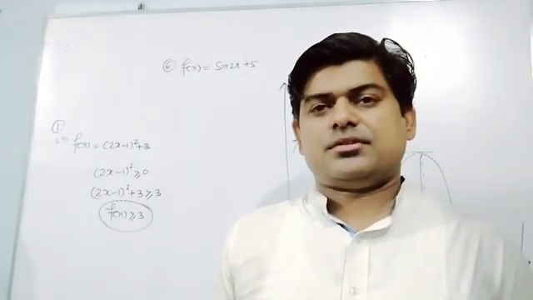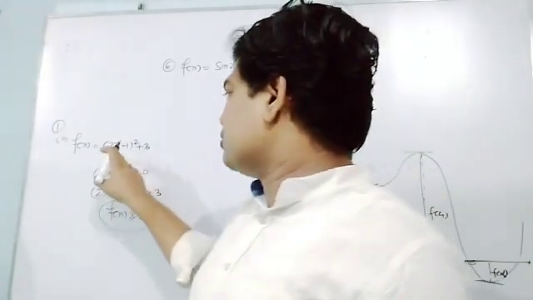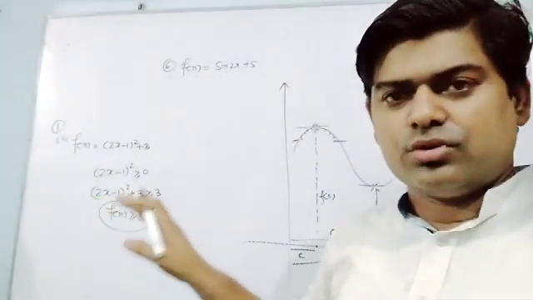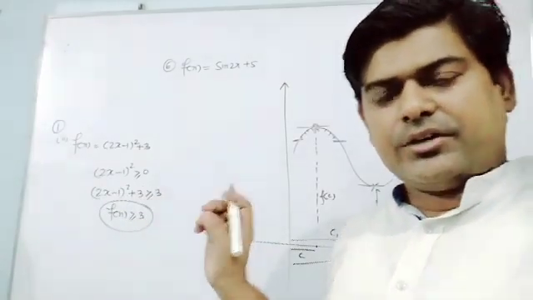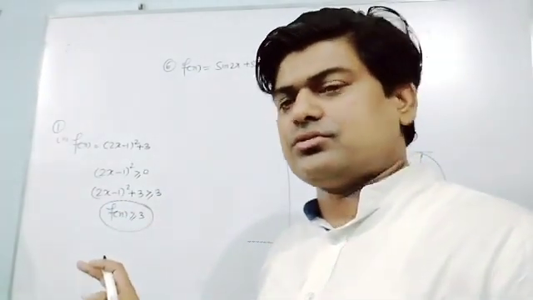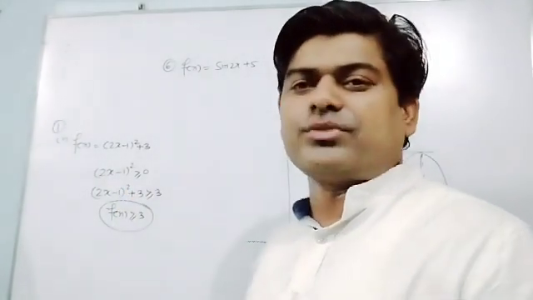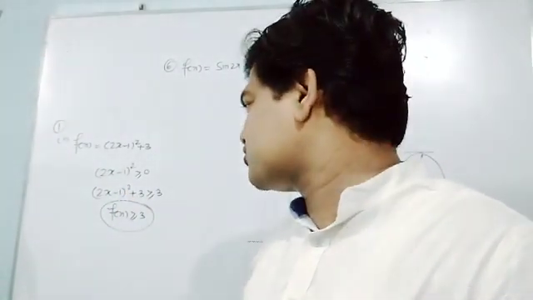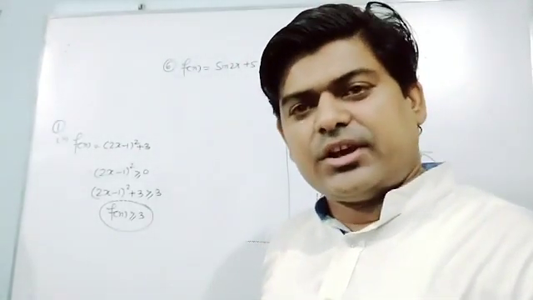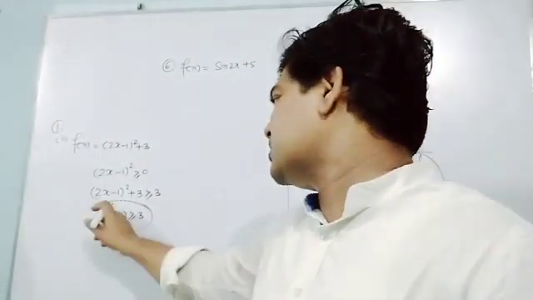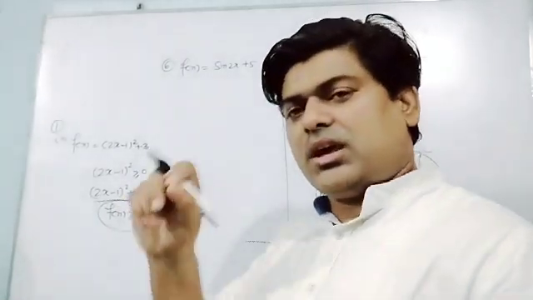Here I told you that (2x minus 1) the whole square is always greater than or equal to 0. So when we added 3 on both sides, we wrote (2x minus 1) the whole square plus 3 is always greater than or equal to 3, and this one is called f(x). In the same way,